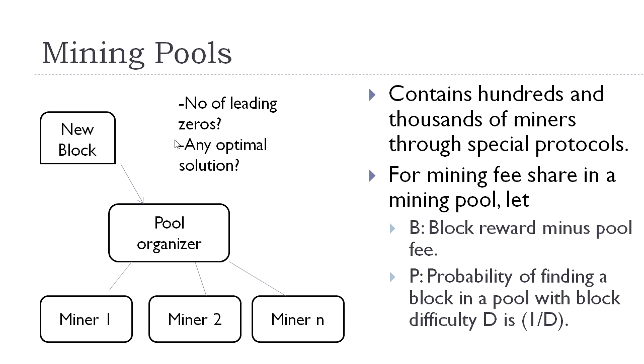Based upon these instructions, the miners will start performing their mining task, and these miners will communicate among themselves regarding the progress of the nonce value or the corresponding optimal solution value. Whenever they get any correct nonce, immediately they will intimate the pool organizer, and the block will be created and they will get the reward. Once they get the reward, they will share it based upon their previous terms and conditions.